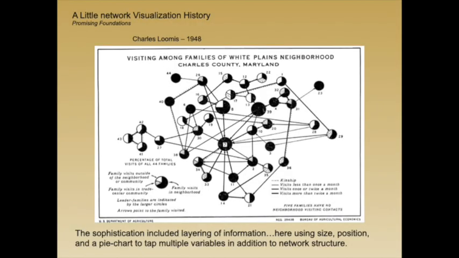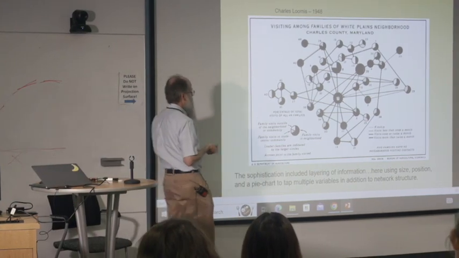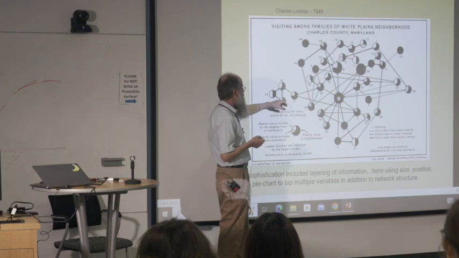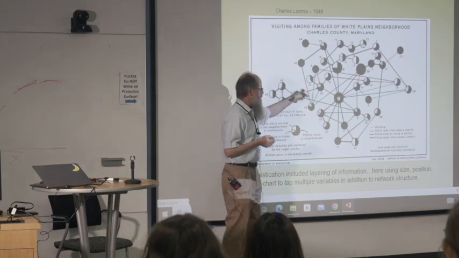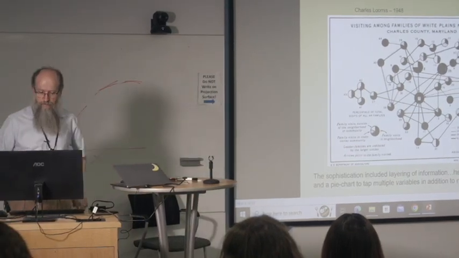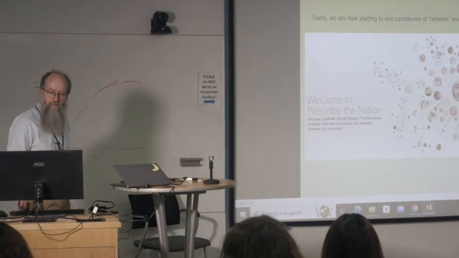Quickly, though, people realized that once you have a little bit of an image, let's add more to it. And so there became this layering process where you're trying to add extra information. Some of the early hand-drawn images were adding things like pie charts. So this was a neighborhood level map, effectively, of visits from one to the next. And the pie charts represent the extent to which people were coming from different places.